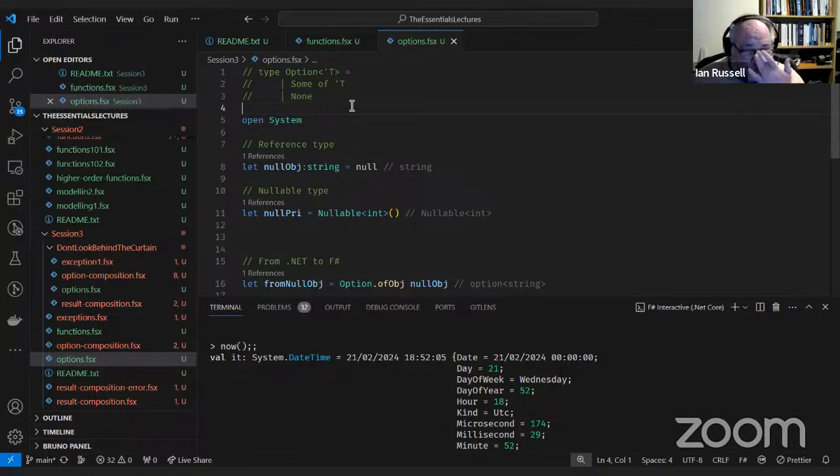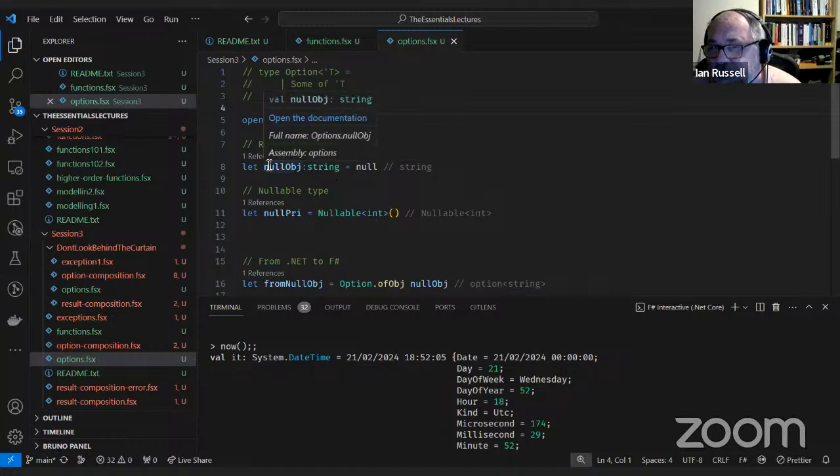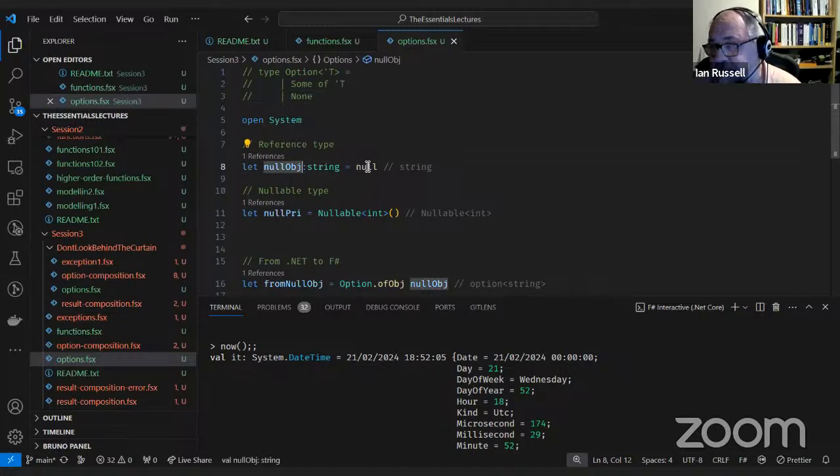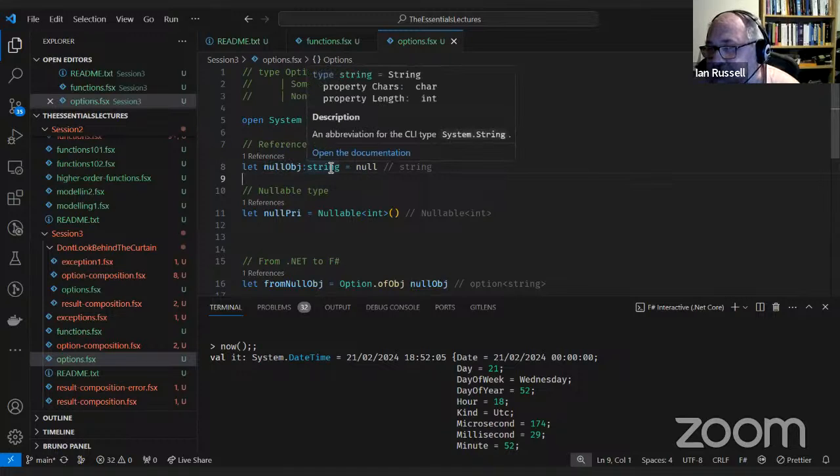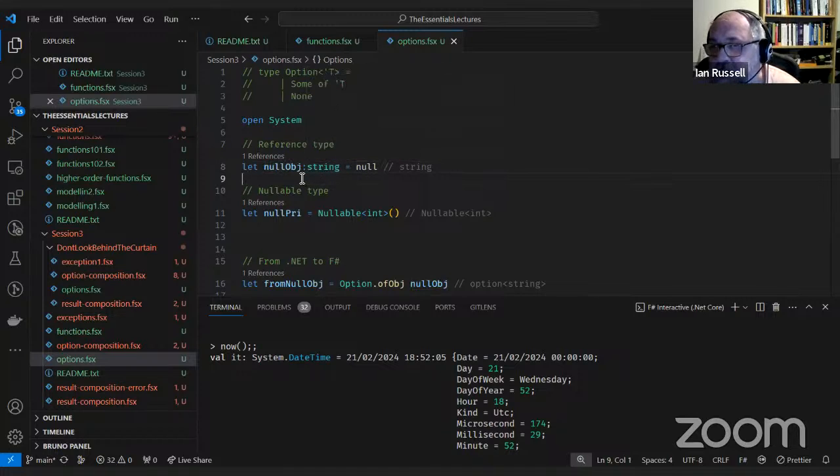Now, obviously, we need to be able to convert from one to the other. So the first thing that I've done here is I've created two nulls. So I've got a nullable reference type, which I've had to, because F# doesn't really like null, I have to specify that it's something that is nullable. So this sort of thing happens when you use a library written in, say, C# or a .NET framework library.